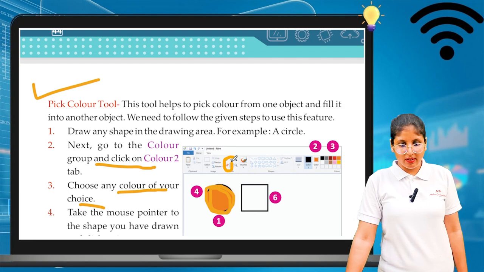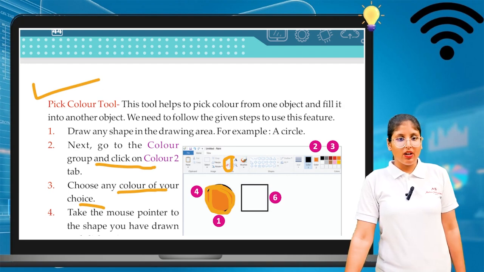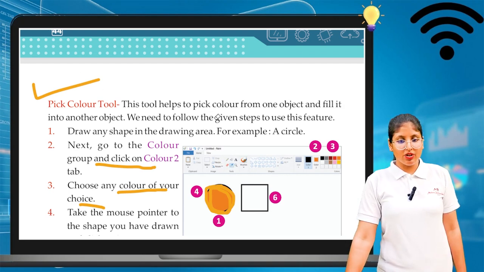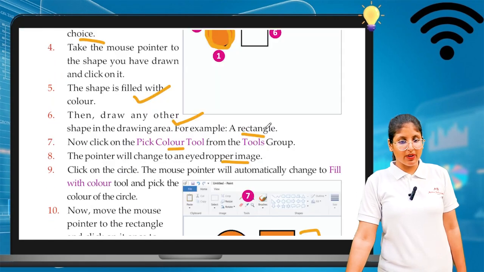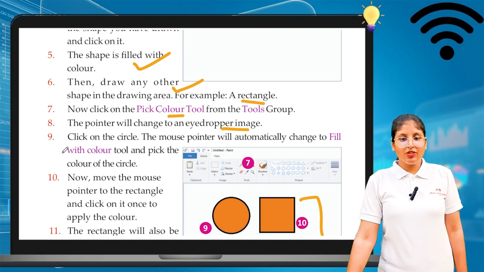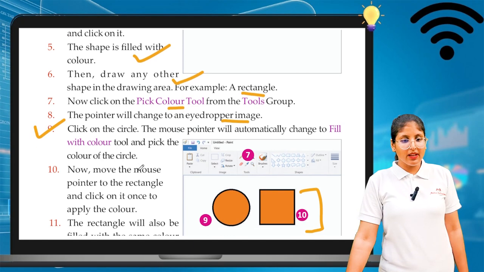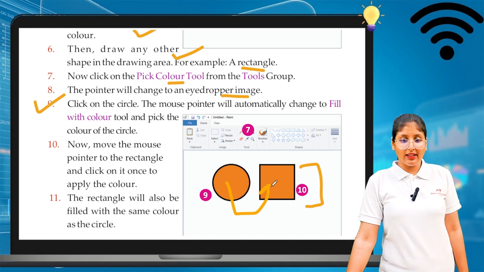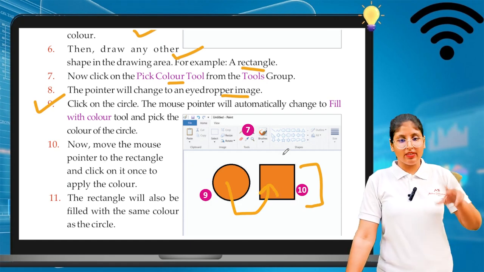Here we will see the eyedropper image. The shape of that is just like an eyedropper. Now click on the circle. The mouse pointer will automatically change into the fill with color tool and pick the color in the circle. So automatically the circle color and the square color is the same one, that is orange color